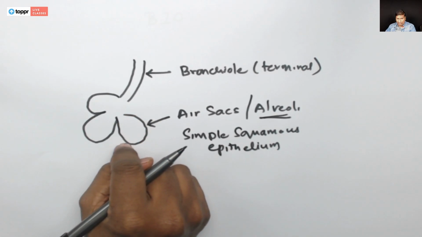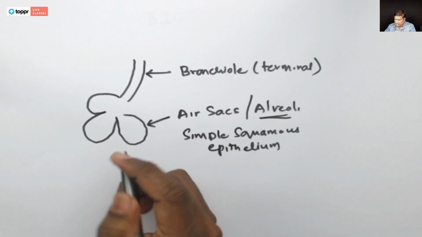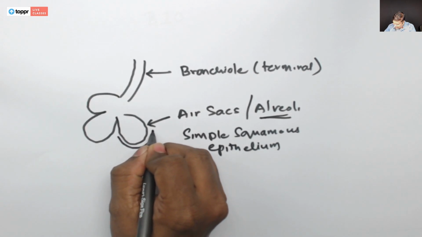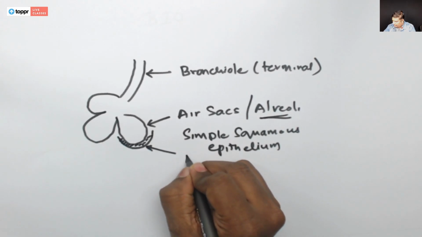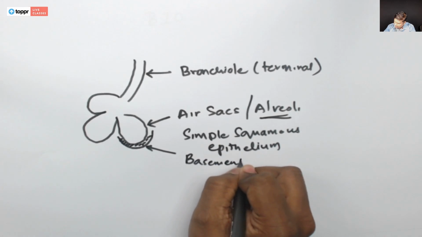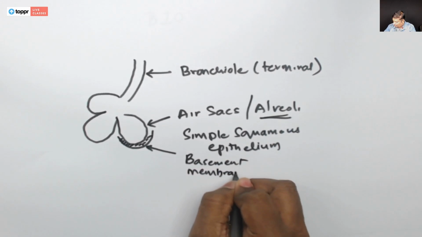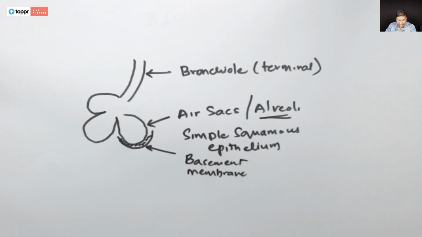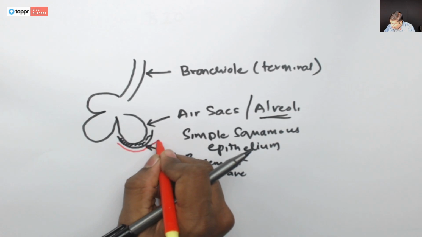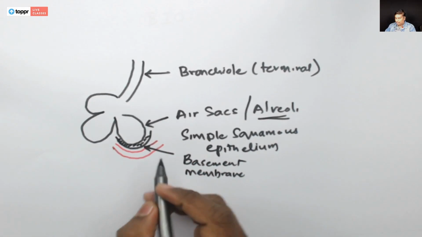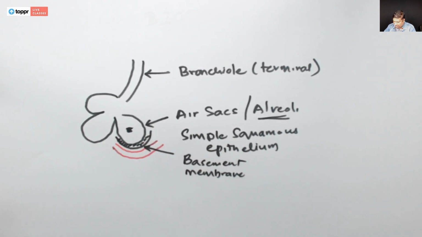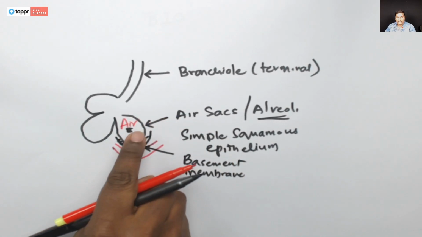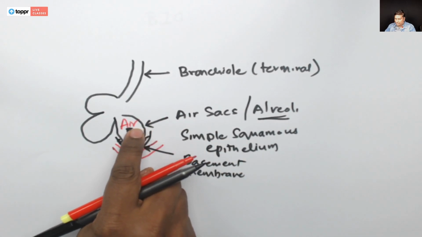So they have a very thin layer of epithelium, right? And this thin layer of epithelium is again covered by another thin layer called the basement membrane. And right next to the basement membrane we have our blood capillaries. The only thing separating the air, which is being collected here in the sacs,